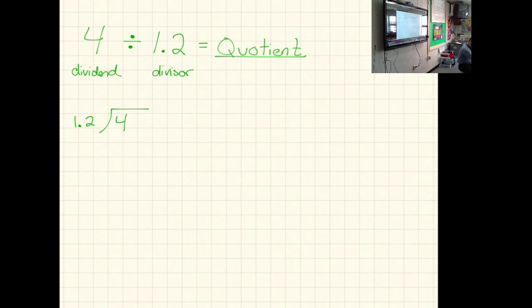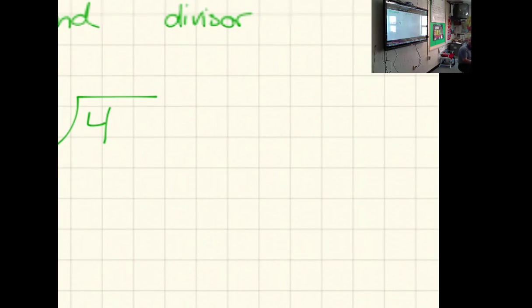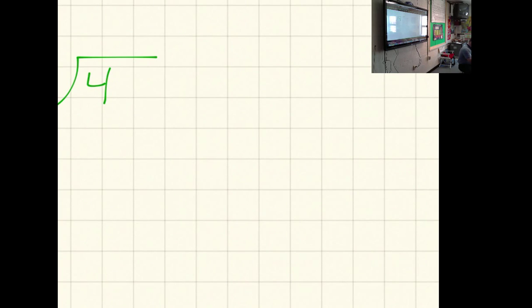Now, the thing here, which we have to be careful about, is we have a decimal out front. That is a problem. That's the whole point of today's discussion. Okay? You cannot really work well with decimals out front. So what we do, let me just walk through this, is I'm going to move that decimal one place to the right. Okay? So now,